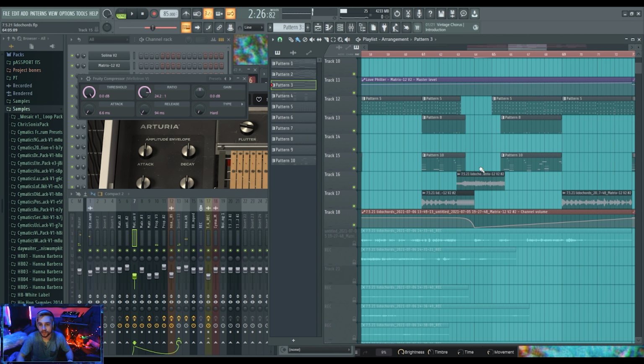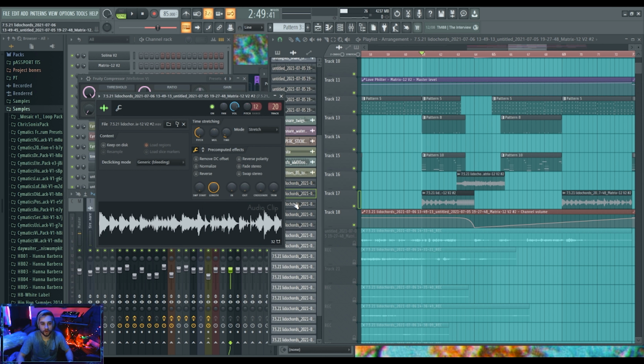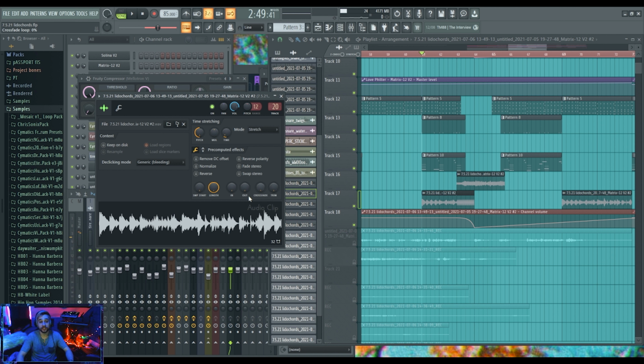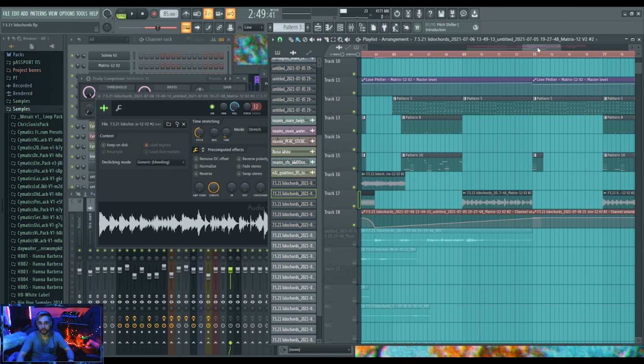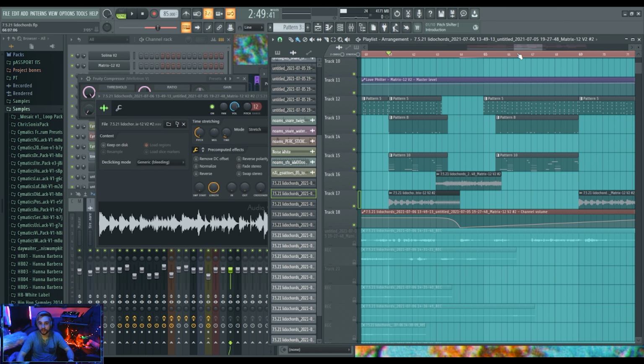And so this is just another weird part of this beat. With this part, I took that loop and turned it down, and pitched it down an octave, and then looped it here and just took the channel volume down. Just looped a very small part of it right here. And that creates this